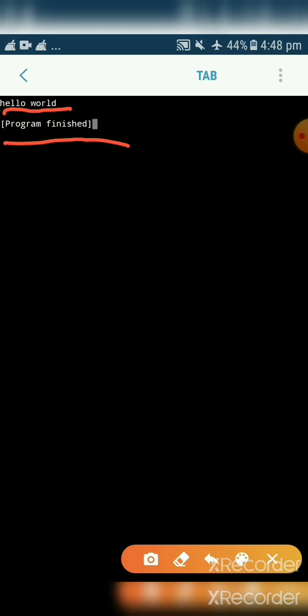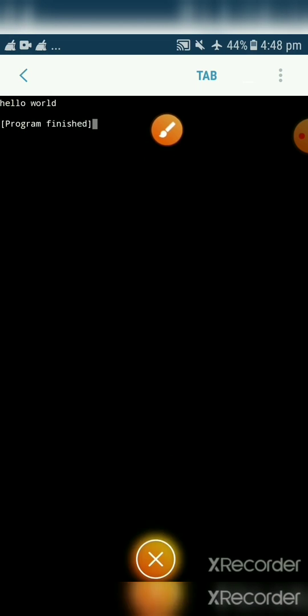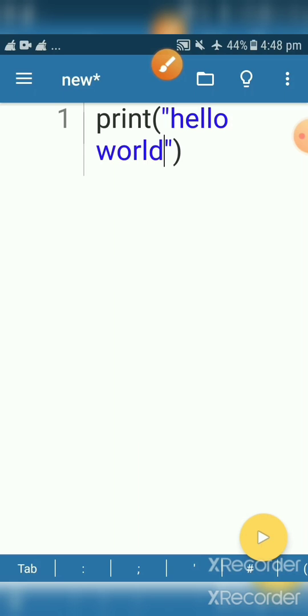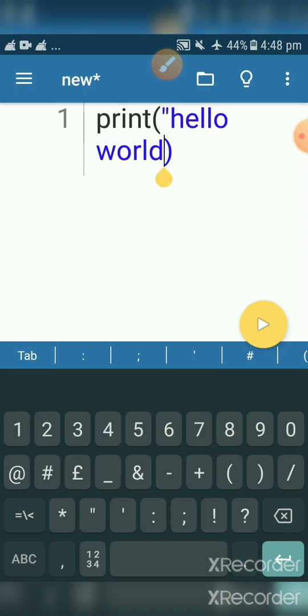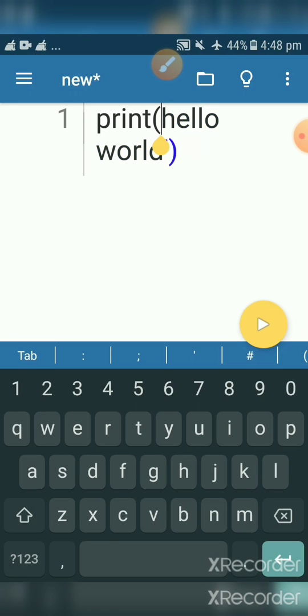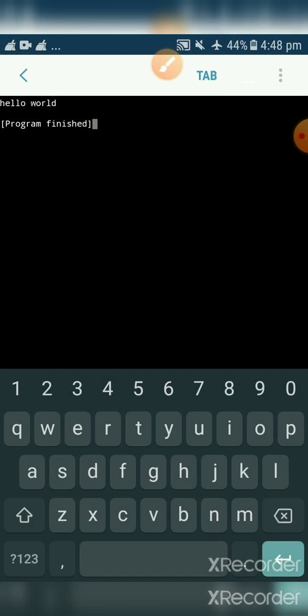Now let's see what happens when we use single quotes. Okay, move back to coding. Now instead of double quotes, use single quotes here, like this. Run again.